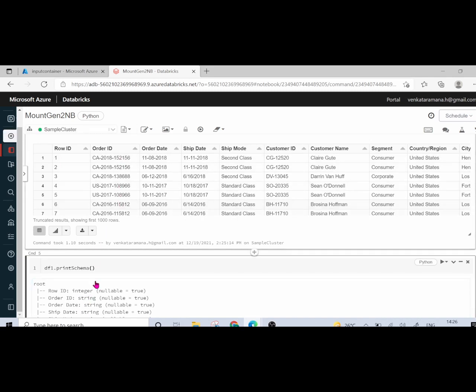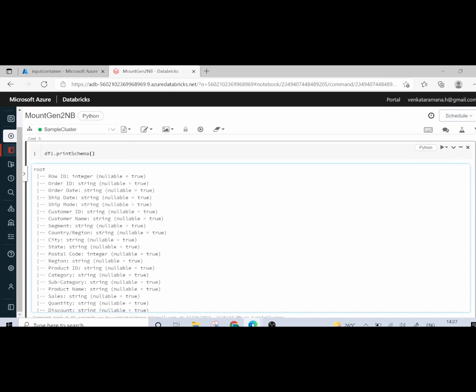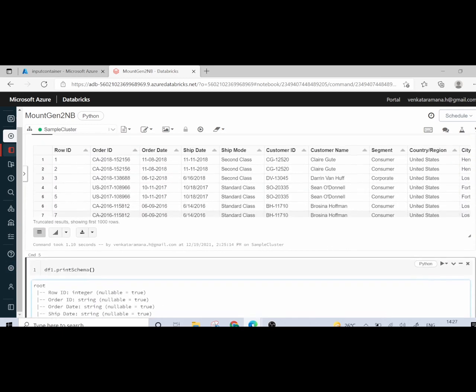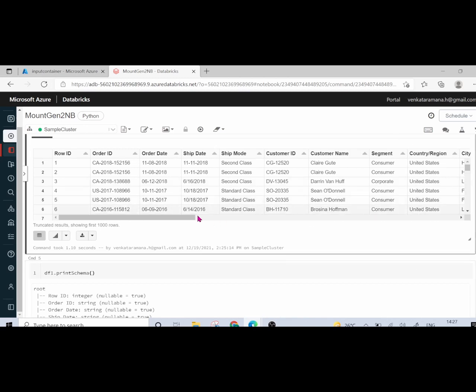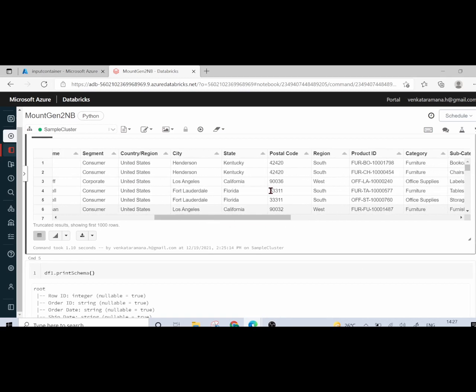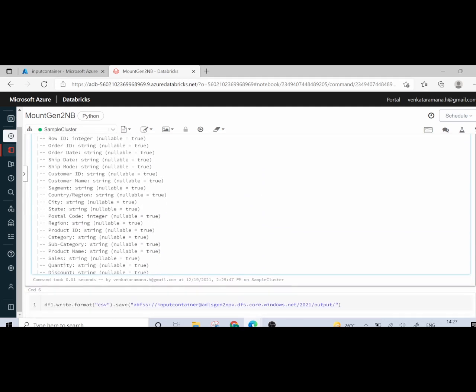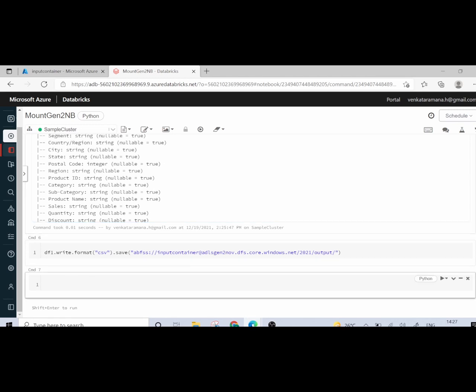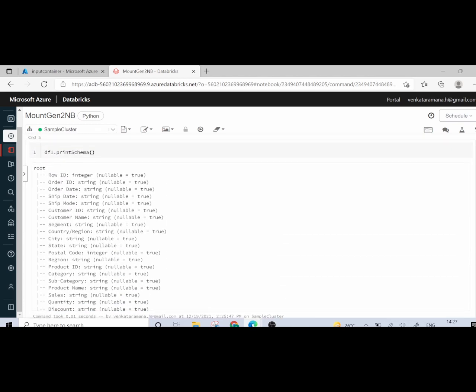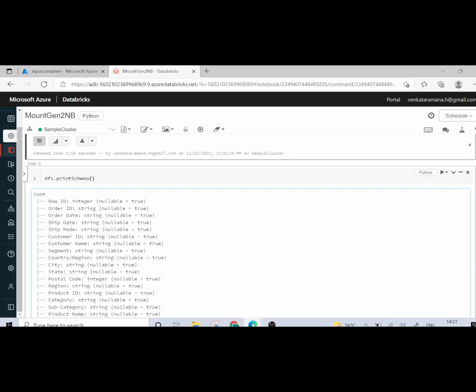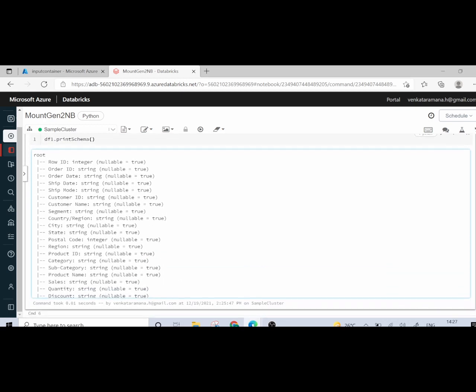Coming to this order ID, what is this order ID again? This is in the format of some string, so that is why it is considering this as a string. So on and so forth. Postal code again, see the postal code here. Postal code is again a number, so that is why it is considering it as integer. So it will depend on that. At runtime, whatever values you are sending, those specific values will be considered. If you want to typecast it, you can typecast it.